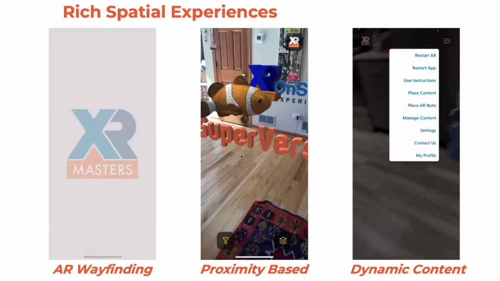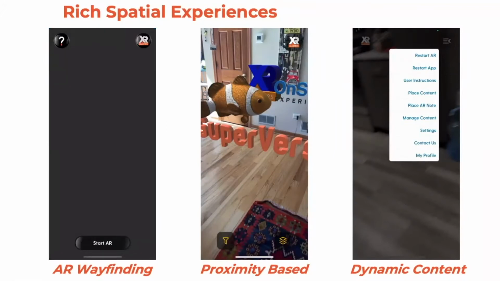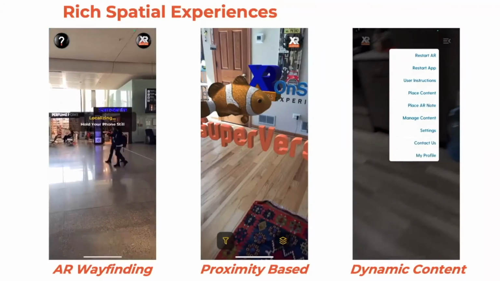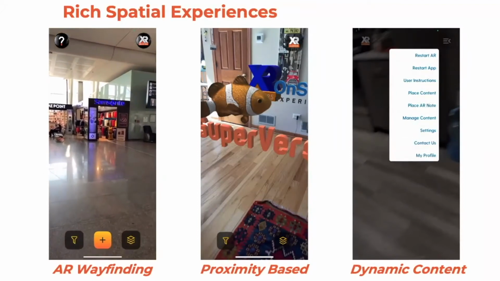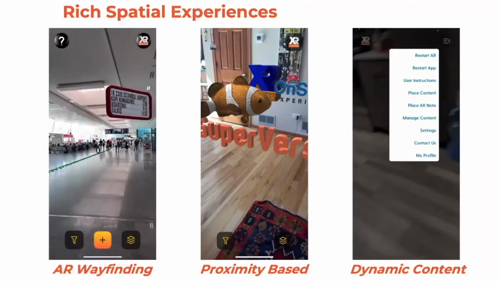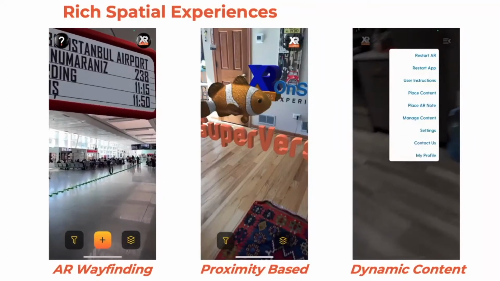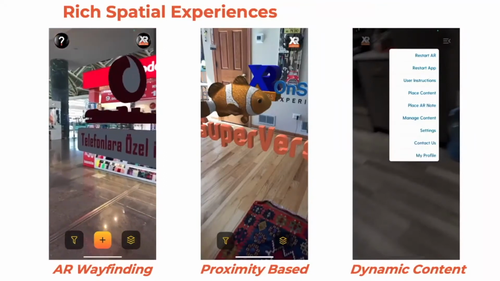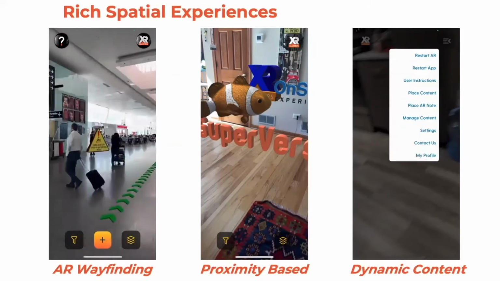The first example is an AR wayfinding experience, which was created as a POC at an airport. The user was asked to type in his flight information, and then he goes and holds his phone still to get localized. And he starts seeing spatial ads on his left, right in front of the Samsonite. He saw that ad. And then he can see an AR panel which shows his flight information, TK2319, and his gate. And then on his right, he sees this Vodafone spatial ad.